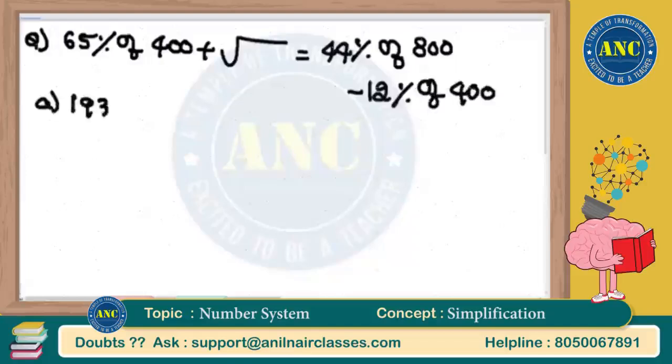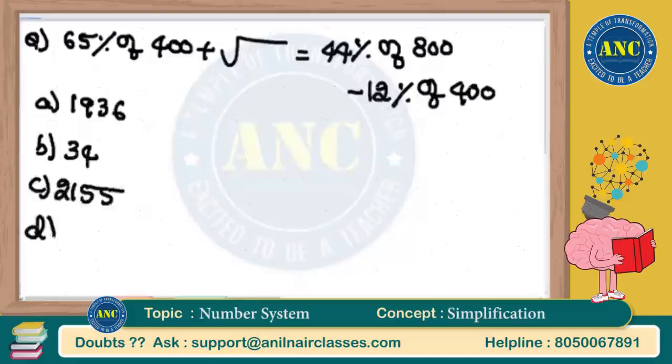Options are 1936, second one 34, third one 2155, fourth one 46, fifth one 1986. This is an exact question taken from a competitive exam. 65% of 400 plus under root is 44% of 800 minus